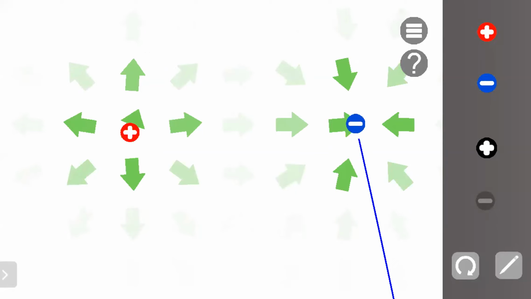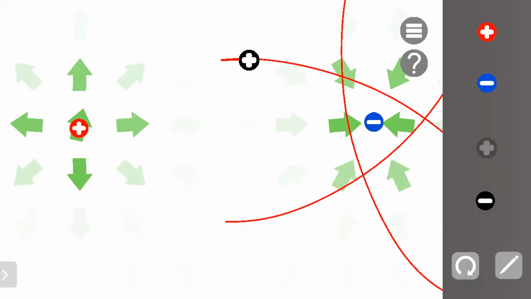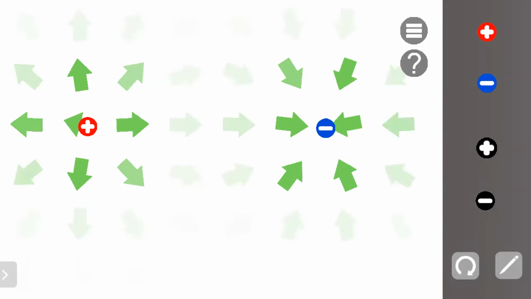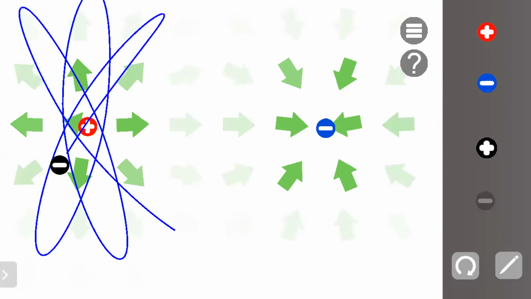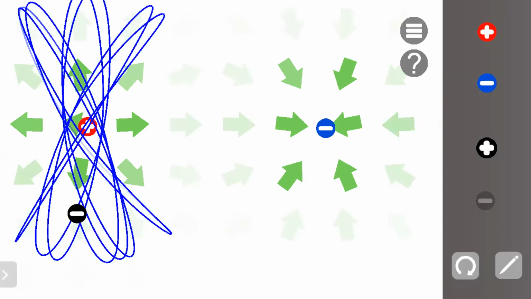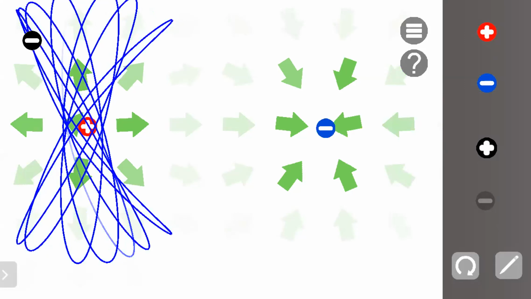In another case, if I put a positive or negative charge in between, both will dominate. Again that circular nature comes, because once we put it in the middle, both charges will dominate. Or otherwise, instead of a plus charge, I can put a minus charge. What happens? Now it is getting attracted, but it is going in a spiral shape. So like this, you can simulate with any number of stationary and non-stationary charges. Okay, that is the idea.